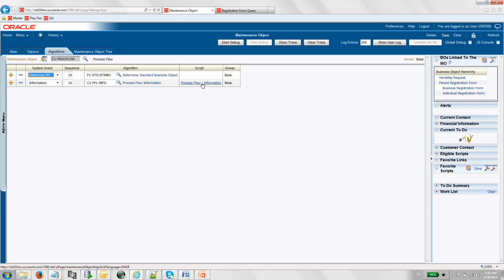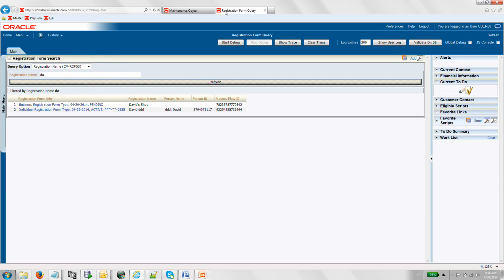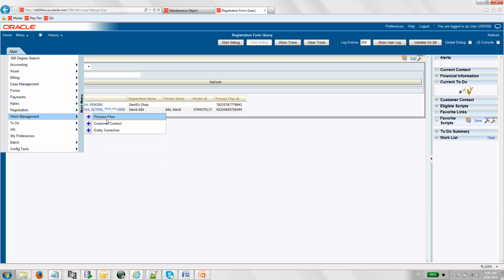Information algorithms are different than many other system events. Most system events work in that you could have multiple system events of the same type running in a certain order from the parent to the child. In the case of information algorithms, only one can run, and the way it works is an MO is overridden by a business object, and if there's a parent-child, the parent is overridden by the child. So I can show you what I mean by this by going to process flow,